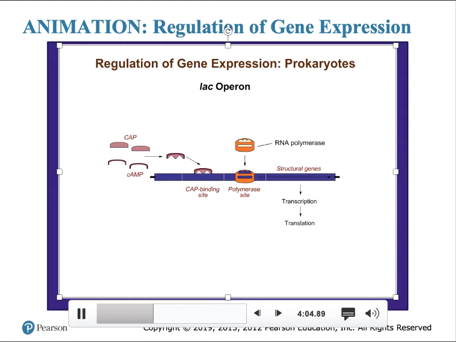The repressor protein encoded by I binds to the operator site when lactose is not present, and prevents the initiation of transcription. Because transcription occurs unless it is shut off by the repressor, the Lac operon is said to be under negative control. Let us find out the function of each of the parts of the operon.